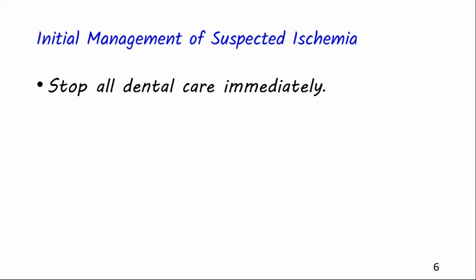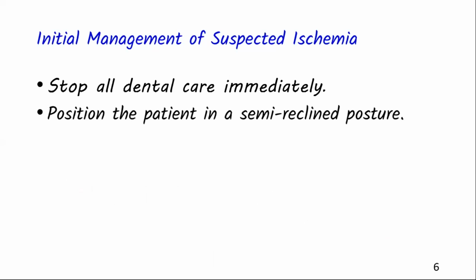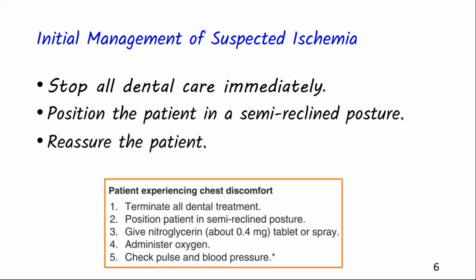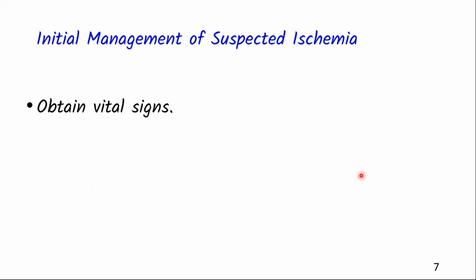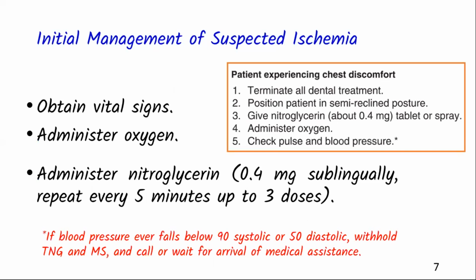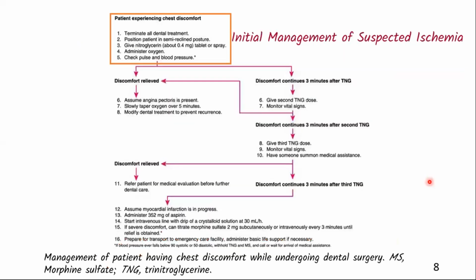Stop all dental procedures immediately if ischemia is suspected. Ensure semi-reclined posture. Reassure and keep the patient calm. Obtain vital signs and start oxygen. Administer nitroglycerin sublingually at 0.4 milligram, repeating every 5 minutes up to 3 doses, ensuring systolic blood pressure greater than 90. This is the flow chart showing the management of a patient having chest discomfort while undergoing dental surgery, and here